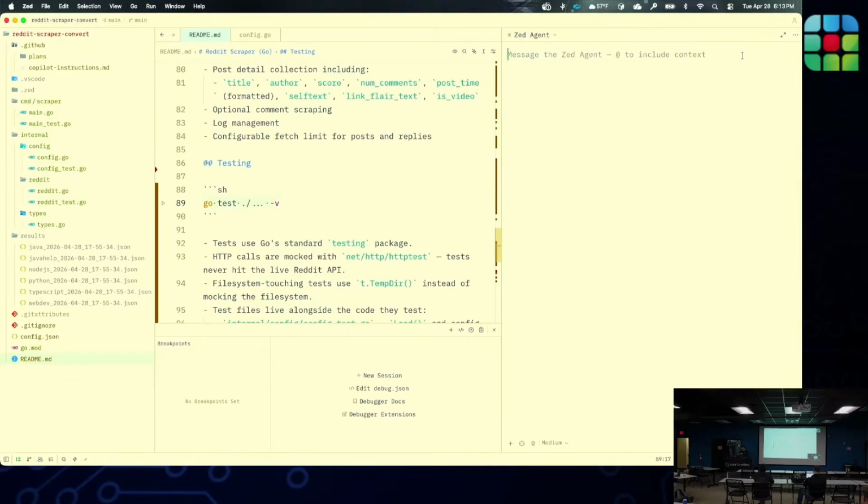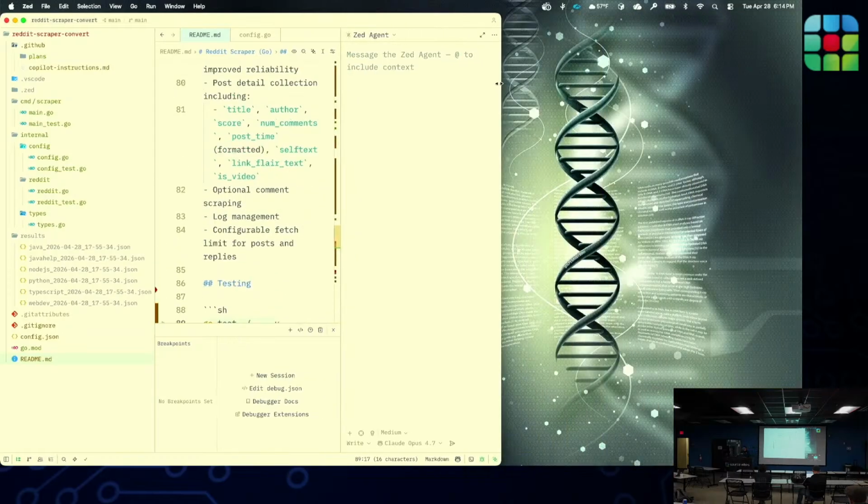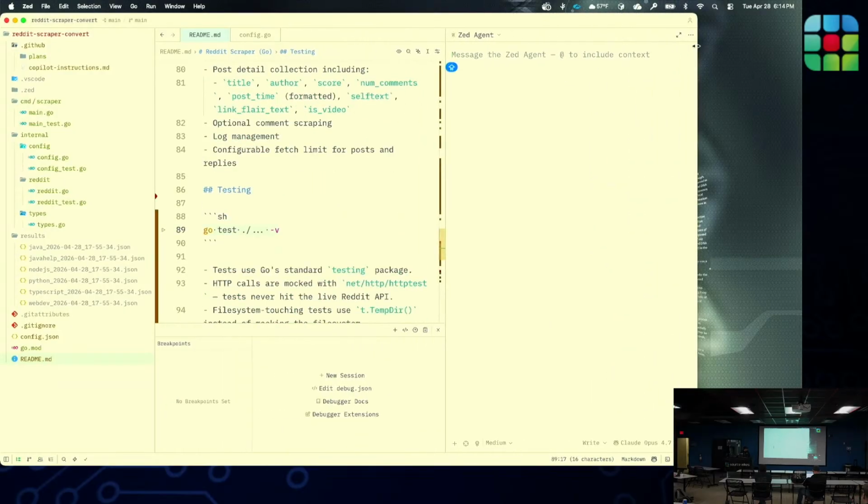I am running the Zed agent, and I'm using, you can't see it, I'm running the Zed agent and I'm running Claude with 4.7. What I can do is, right now, I just switched, I'm using the Copilot. This is the Copilot agent that